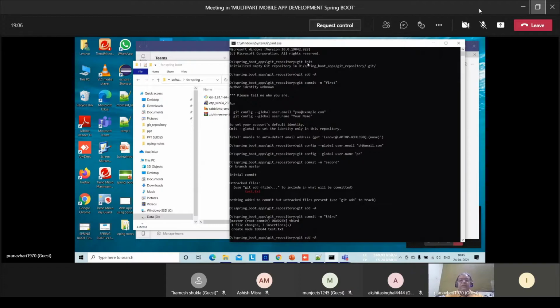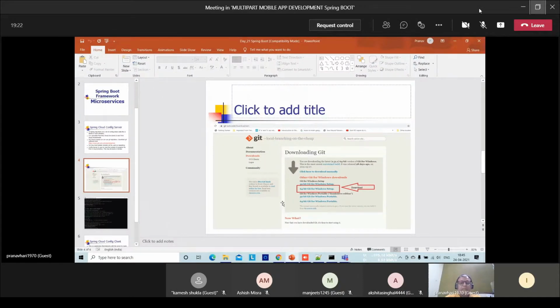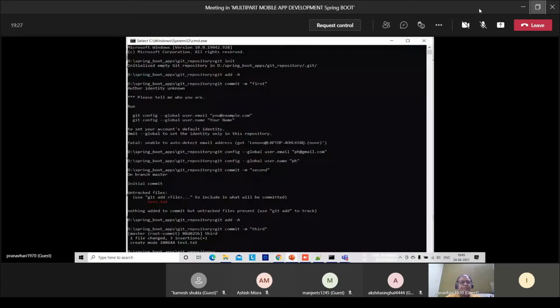This is the first command, if you may note down. Otherwise, I shall write those steps and you can get them. And this is a snapshot of the same window which has been put into the PPT slides. The same thing. So the first command is git init. The second command is, look here, git add -a.